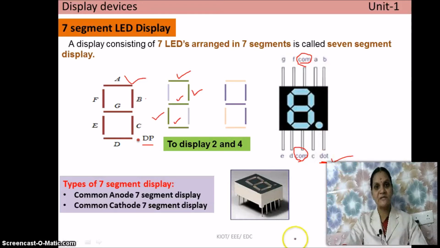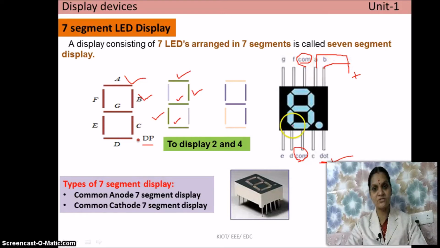When you purchase an LED display from the shop, it will be like this. So you see here 5 pins here and 5 pins here. We have to connect these pins according to this connection. If you want to turn on the segment A, this segment A should be connected to the positive terminal of the battery. And to turn on the segment B, this segment also needs to be connected to the positive terminal. And the common is connected to the negative terminal. Like that, we give connections to use the 7 segment LED.